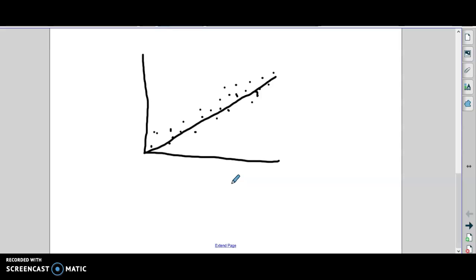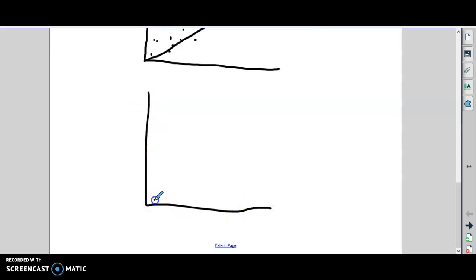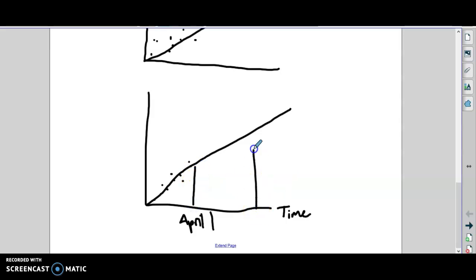So that is how we can actually make predictions because sometimes you have data, you maybe only have this part of the data, but now I can make this line of best fit, and now I can say, well, if this axis is time, okay, if this is April 1st, I can say, well, I know that by April 10th, or whatever day this is, the 10th, there's going to be this many cases of coronavirus, or whatever data we're talking about. The problem is with coronavirus, it's not linear.